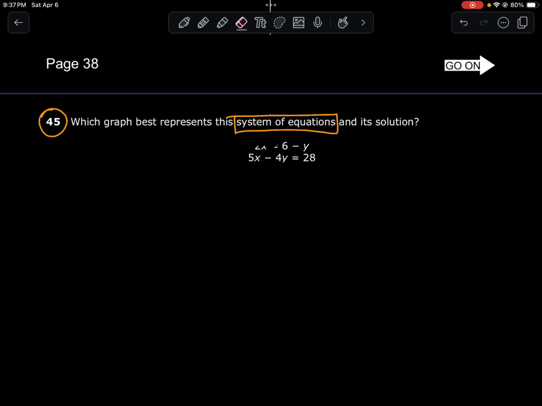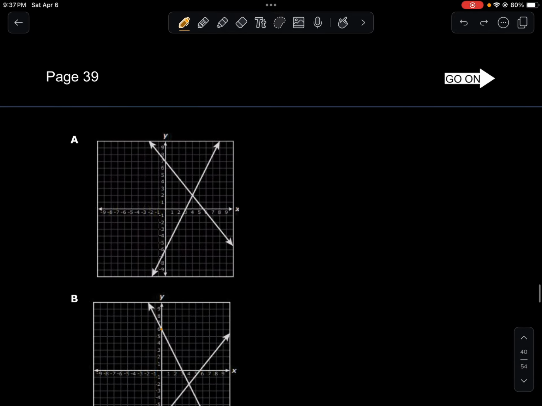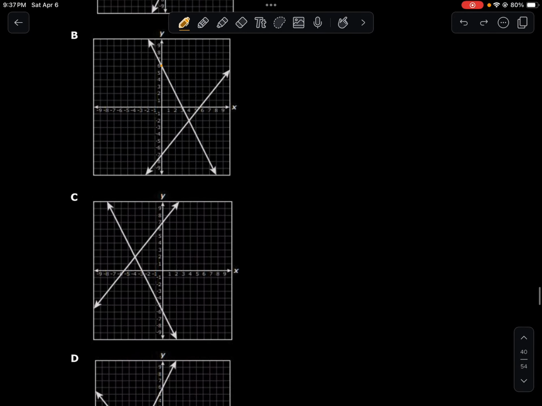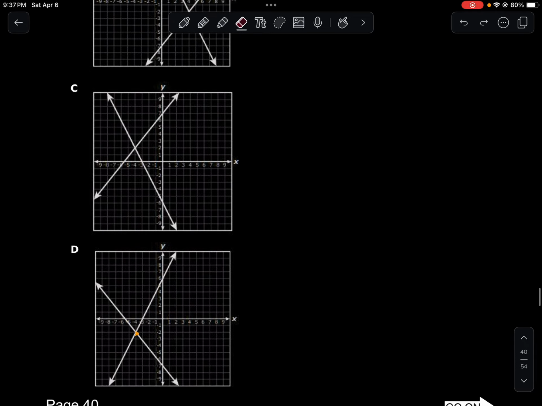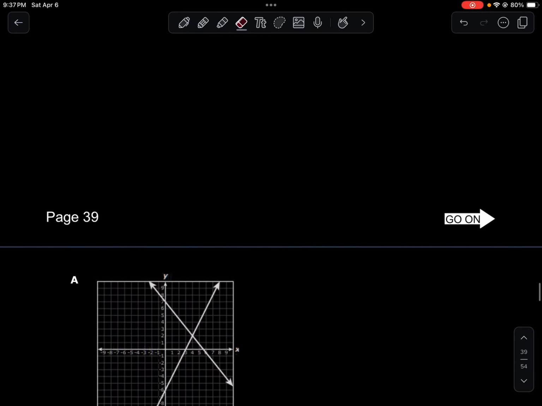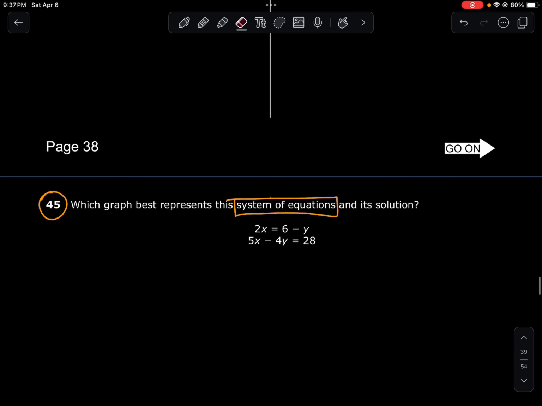And I see that those are linear, meaning there's no squares, no exponentials. It looks like those are going to be lines. Okay, so I have two lines, and how can I solve this one now? Well,